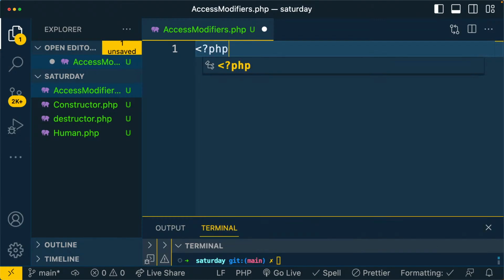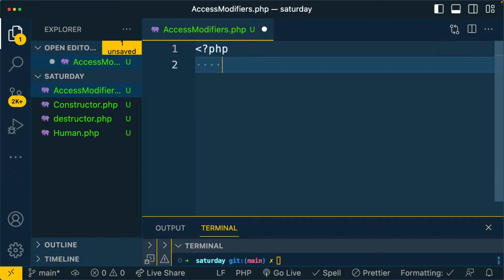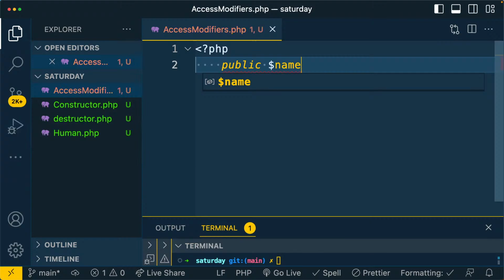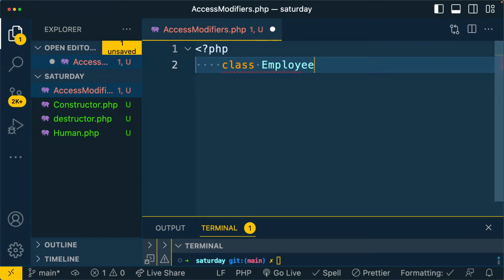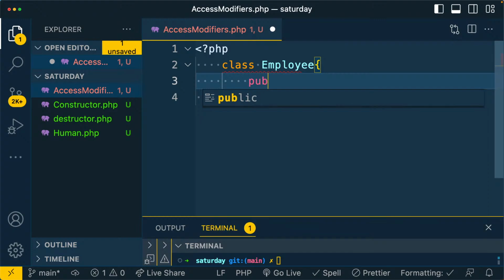We're gonna have a class called employee, and inside it we shall have public name,